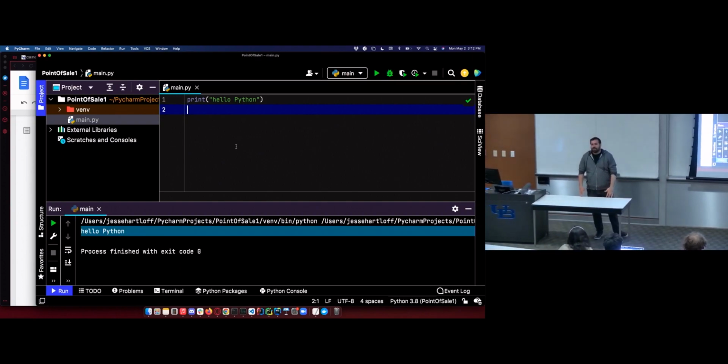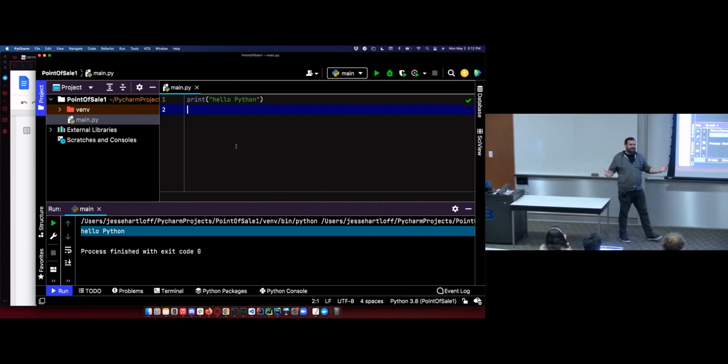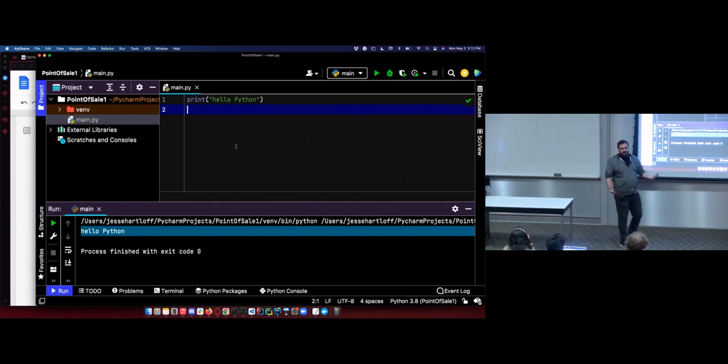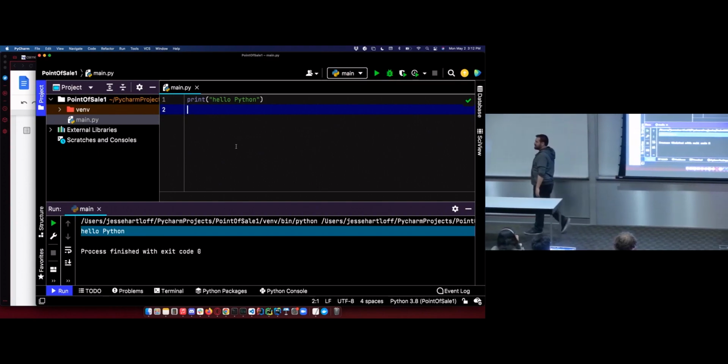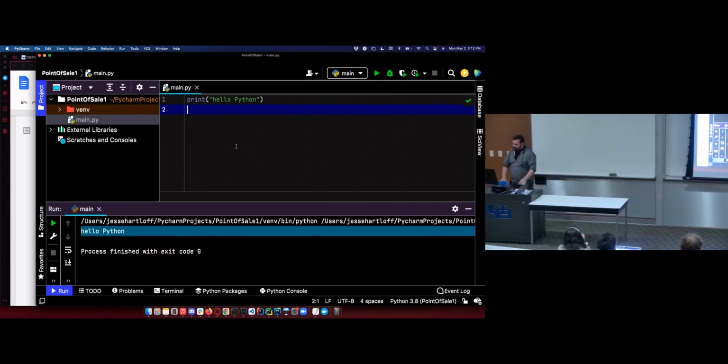Beyond 115, you're going to use either IDEs like this, or if you're brave, you can use just raw text editors and write your code that way. Code is just text. So you can do that. I'm going to use PyCharm because I like IDEs. They're there to help us. Why not let them help us?